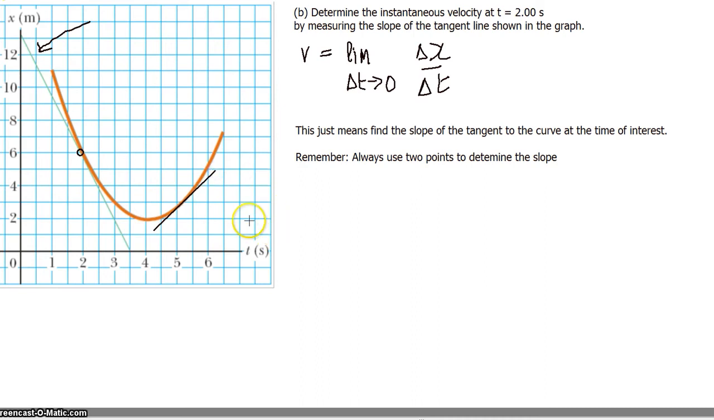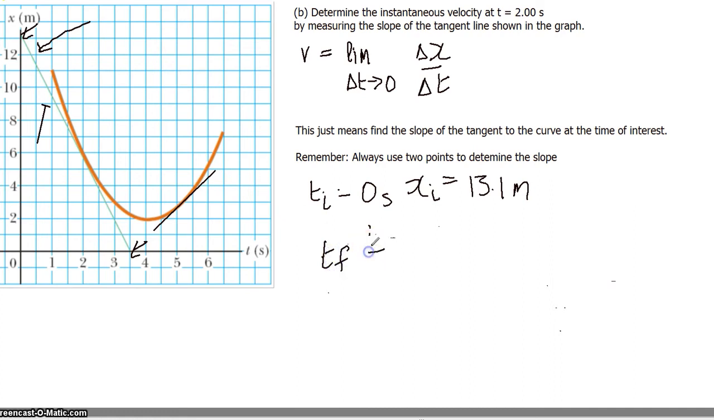We could also, for example, find the slope of this line representing the time slope at about t is equal to 5.2. So we've taken our points. We're going to take the initial time as equal to 0, and that means that x will equal 13.25, sorry, 13.1, and now the final time is equal to 3.5 seconds, and the final position we see is xf